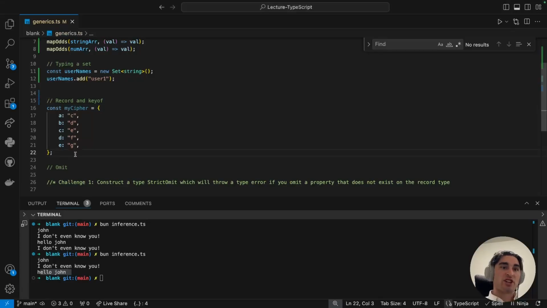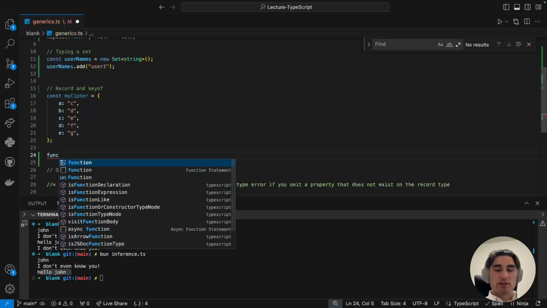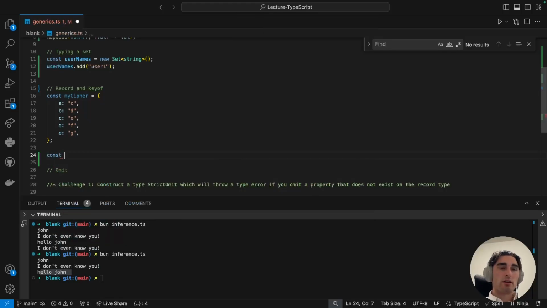Let's look at some more generic types that TypeScript provides natively. The first is a record type. When you see a record type, I want you to think that it is essentially an object. However, the actual object type can be anything, because at the end of the day, everything is an object in JavaScript, right? If we wanted a function, say const decode, and say code is of type object,